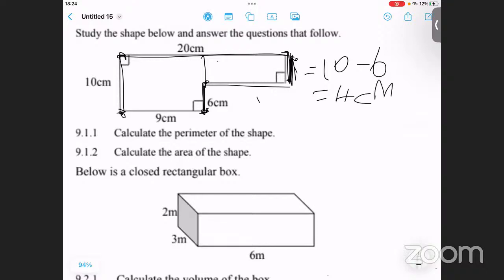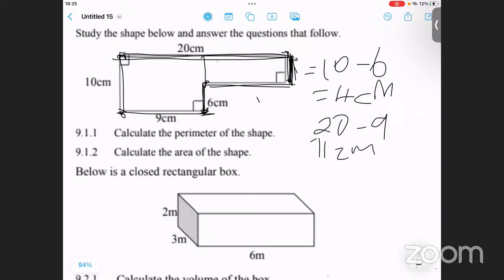Okay, and then that means it's going to be 4 centimeters. And then to get this other part, you're going to take one side minus this part, and it's going to be 29 minus 22, which is 7 centimeters. So when we are adding everything, you're going to say 20 plus 10 plus 9 plus 6 plus